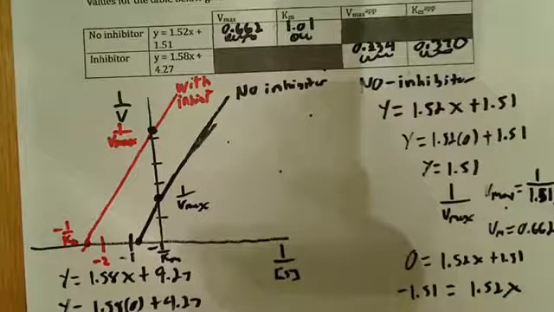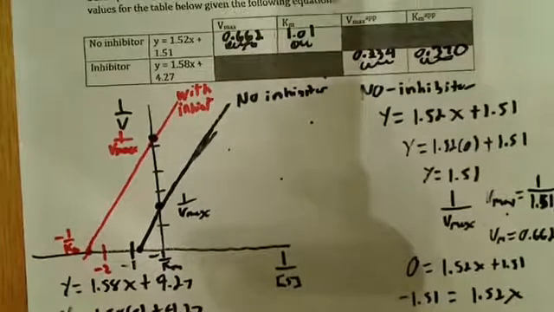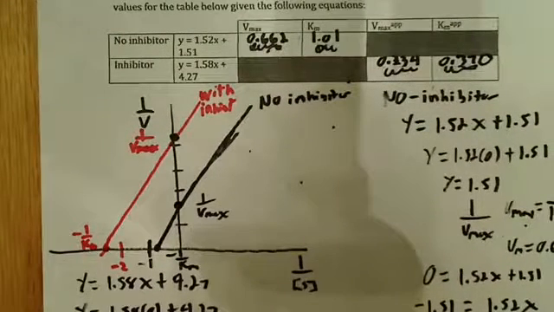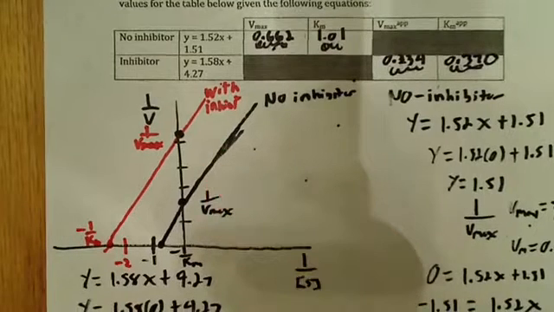This is binding to the enzyme substrate complex. It's not binding to the active site, so it's not competitive inhibition. It's binding to some other site, changing the conformation. It's binding to the enzyme substrate complex and changing what's going on there, preventing it from continuing the reaction. There's another thing you might notice I never talked about. You would notice that these actually